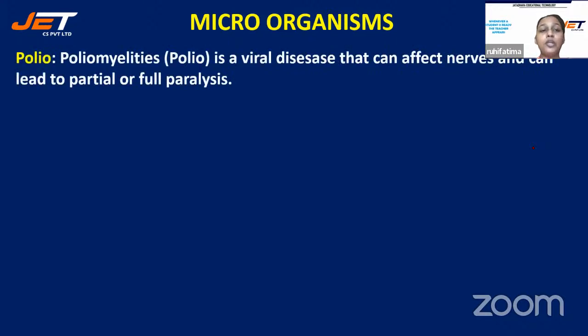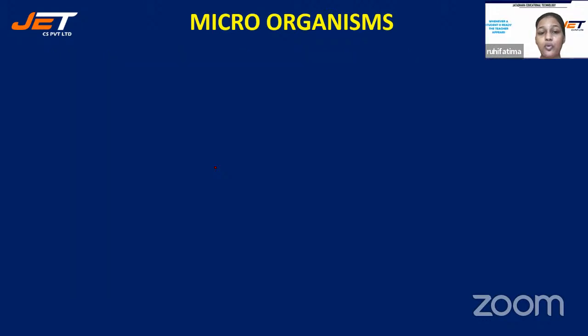Okay, polio. Polio, its complete name is poliomyelitis, and it is a viral disease. Students, note this point. Poliomyelitis is a viral disease that can affect nerves and can lead to partial or full paralysis. What happens in polio? Your body paralyzes. Half the body can paralyze, the full body can also paralyze, and it is caused by